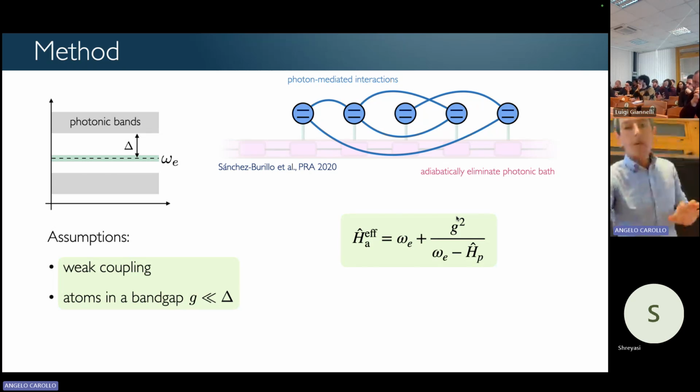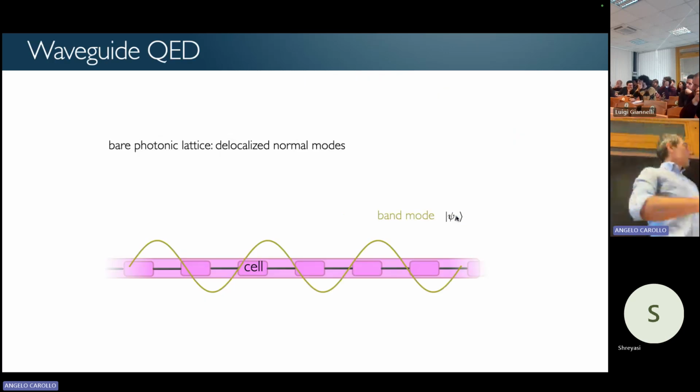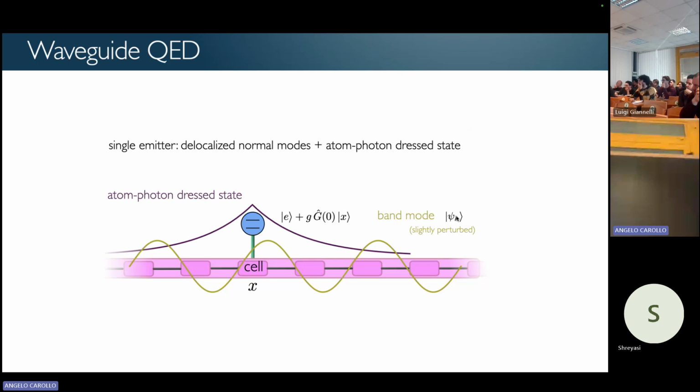So that's very simple. Now the waveguide has a continuum mode. Generally, if you have translation invariance in the waveguide, but you may observe that when you place an atom interacting in that way with your waveguide, you may, not necessarily, but you may observe the appearance of atom-photon bound states. So photons which are emitted by these emitters generally tend to go away somewhere else. But in some peculiar situations, you can observe the presence of so-called dressed states, or bound states like this, in which the photon somewhat remains confined in the neighborhood of the atom. So it kind of goes back and forward from the atom to this neighborhood, and somehow forms this bound state,